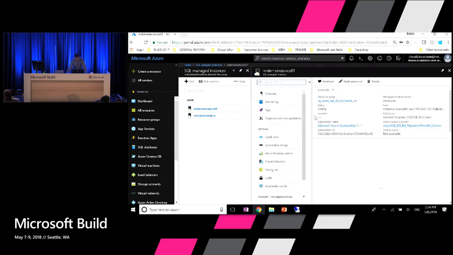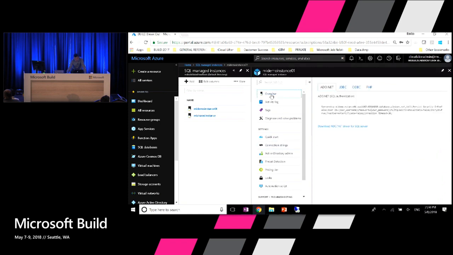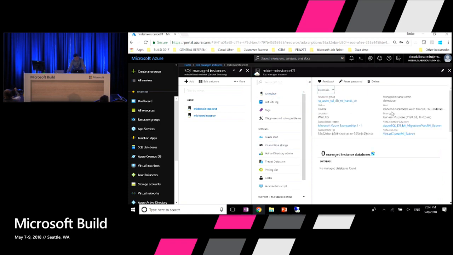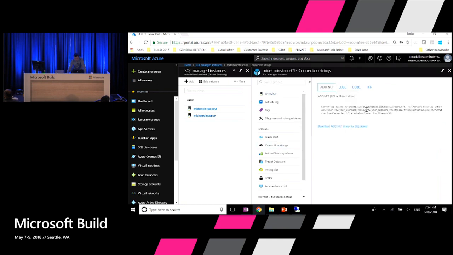So for the instance that we created, first, in the overview, you have the very basic information about the region, the pricing tier, the VNet and subnet, subscription and other things. You can easily get the connection string for all of these drivers. You can copy them from the portal. And there are some interesting things.